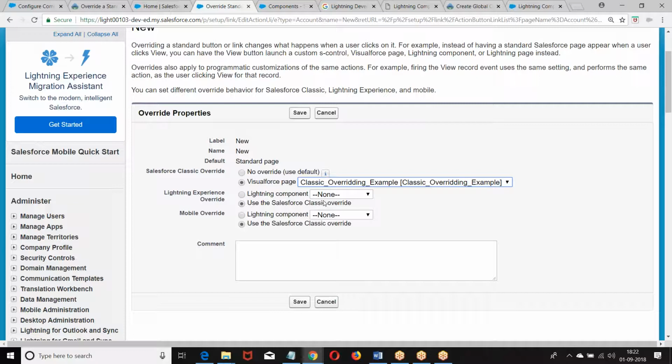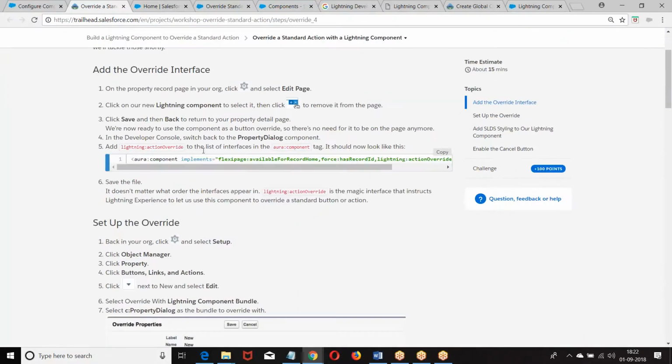If you want a Lightning component to be used to override any one of the standard functionality, then we are supposed to go with the interface called action override. What is the interface? Action override. Are you getting my point? Clear? Action override. If you implement this interface,